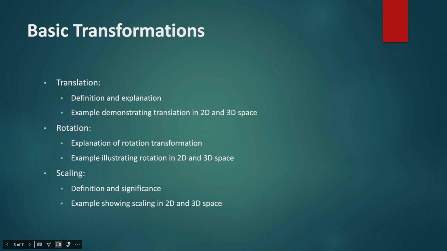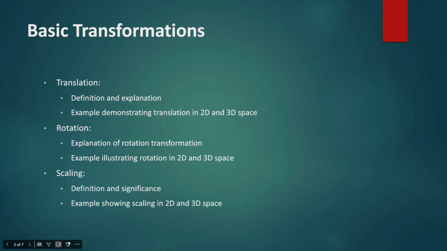Translation. Translation involves transforming an object from one coordinate system to another. It typically includes operations like moving, rotating, and scaling the object while preserving its shape and properties. Example, demonstrating translation in 2D. Imagine a square with vertices at (1,1), (1,2), (2,2), and (2,1). Translating this square by (2,3) would result in a new square with vertices (3,4), (3,5), (4,5),